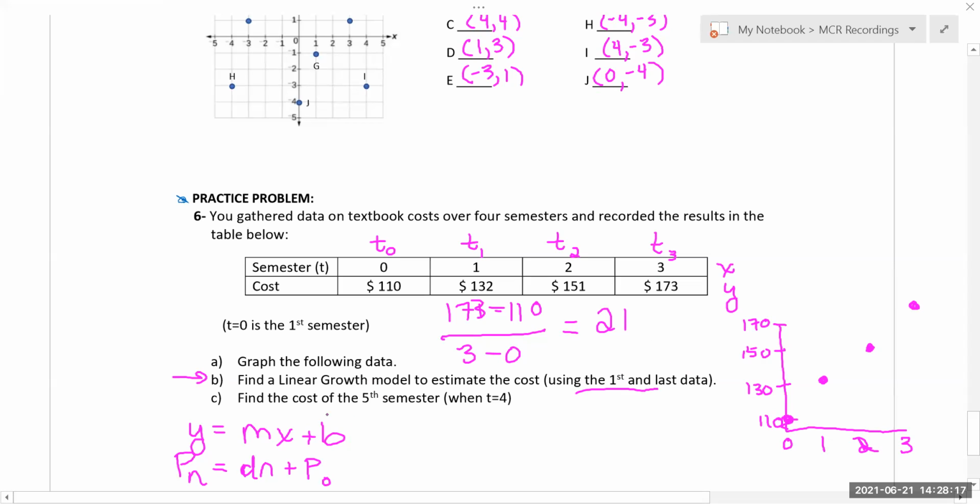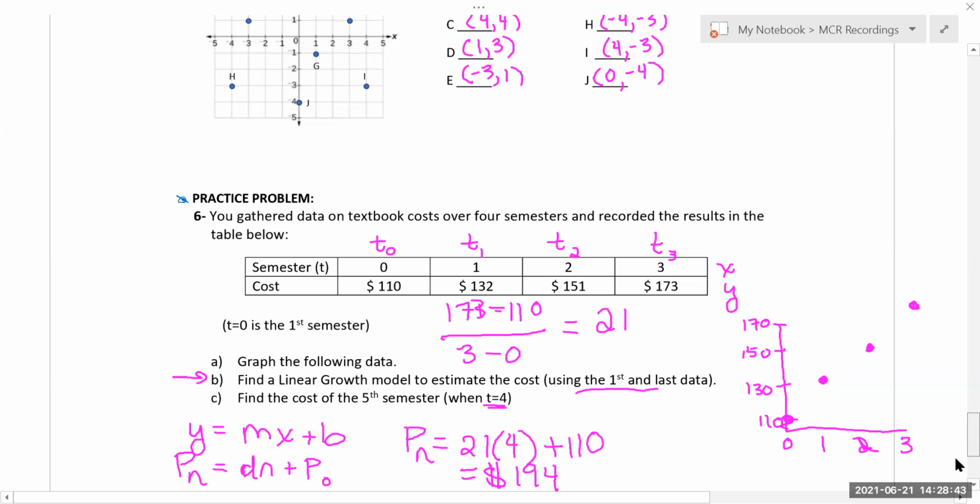Then it says find the fifth semester when T is 4. So that's only 1 more semester, sorry. So we're going to put in P of N equals D. That's the D that we found. It's going up 21 each semester, and the initial cost was 110. So after going up approximately $21, it should be about